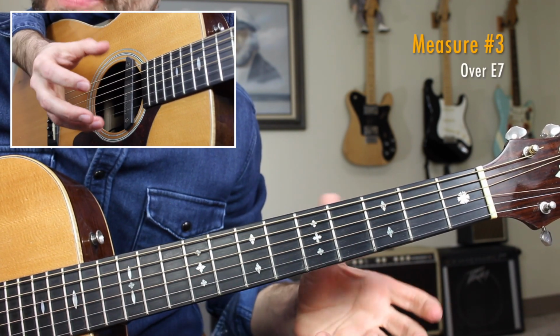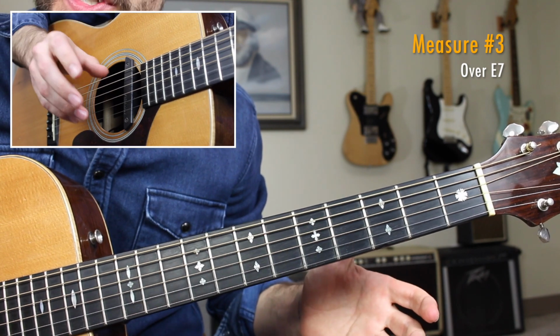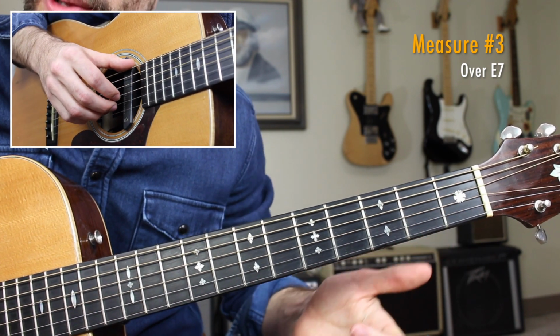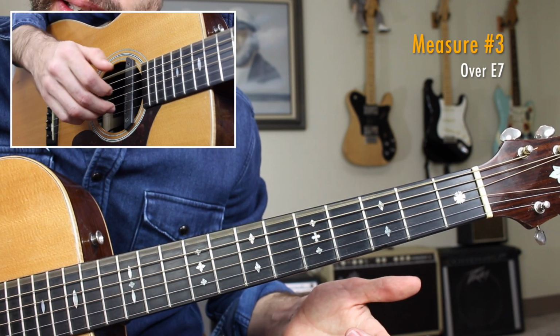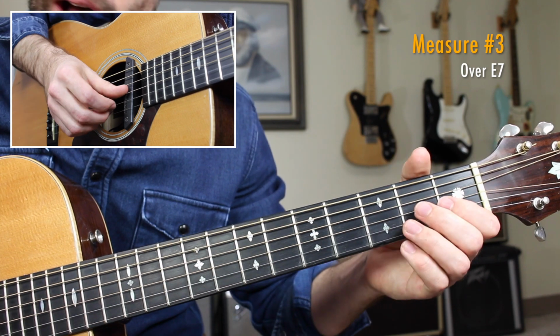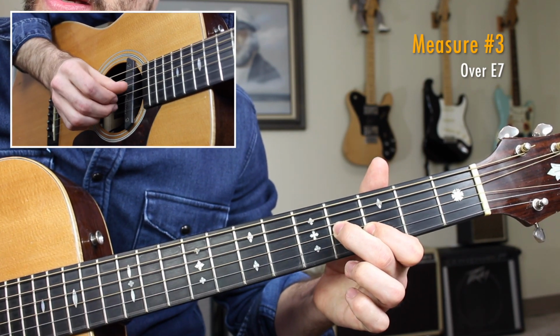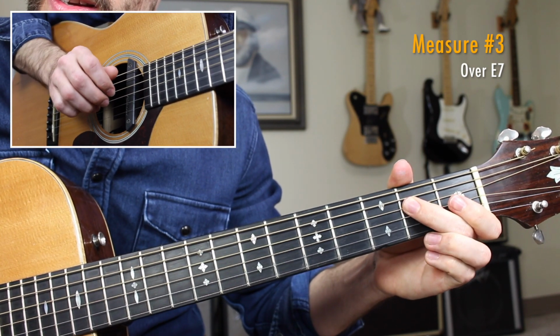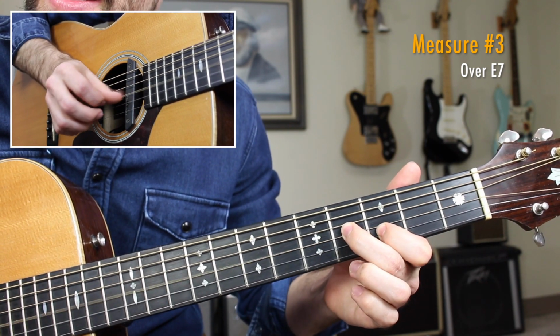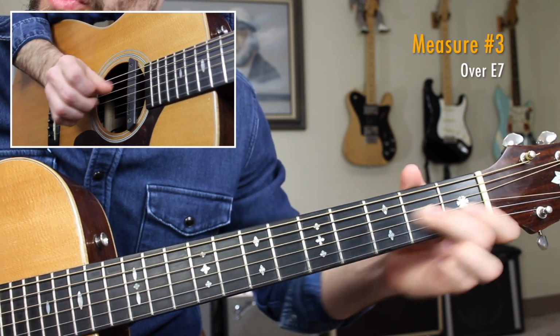Okay, for measure number 3, we're just going to repeat the first lick, but with a slight variation. Instead of doing the hammer, we're just going to play the open low E string, and then the open B string, and then continue the lick as it was. Okay, so measure number 3: 1 and 2 and 3 and 4 and